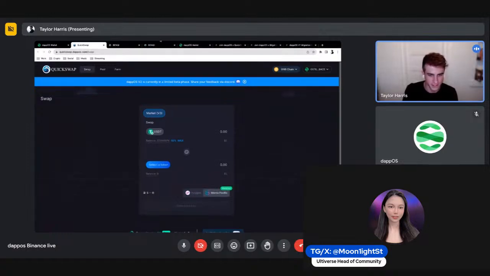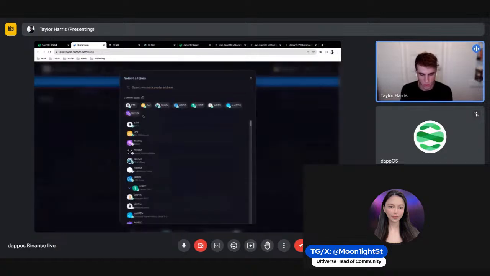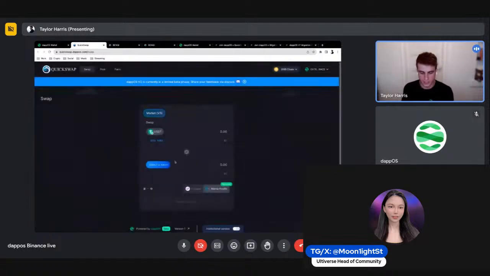Okay, let me see if there's anything else. Oh, there's one thing that I want to touch on. As we know, QuickSwap is normally based on Polygon, but here you can see it gives you the option. I guess I'll do a little tutorial. If I wanted to swap, I could choose between these different options, USDT, USDC, ETH. Let's say I wanted to do USDT and swap to, oh, one second, I'm getting the loading wheel.